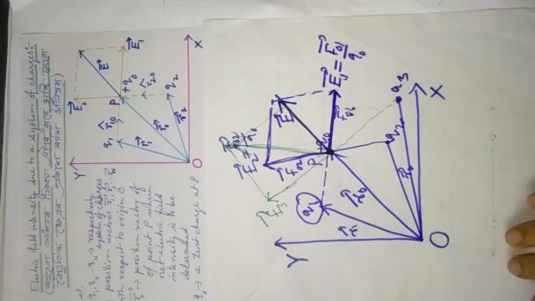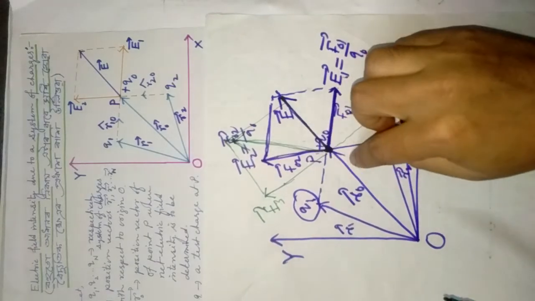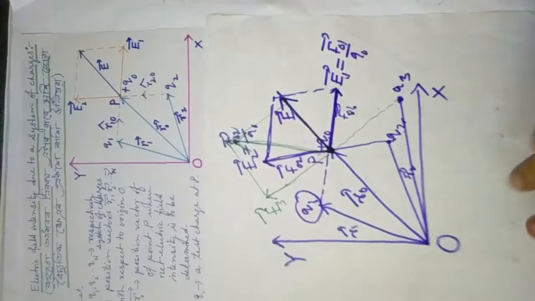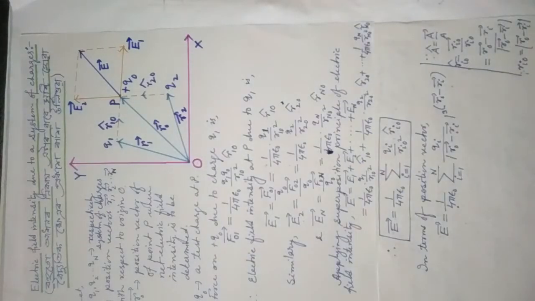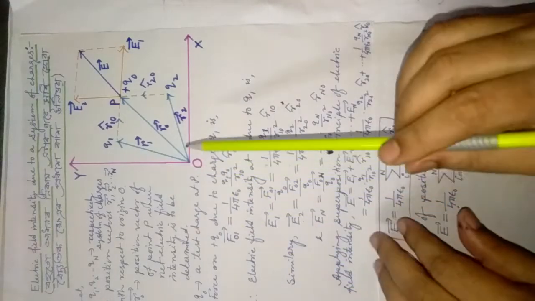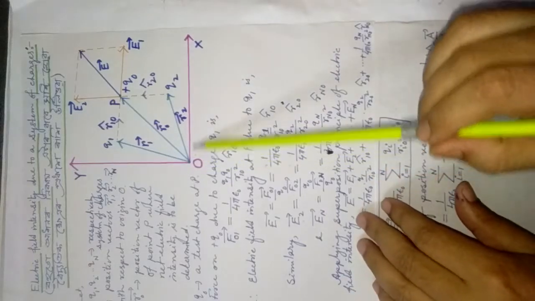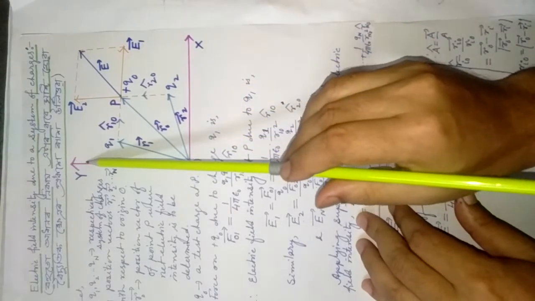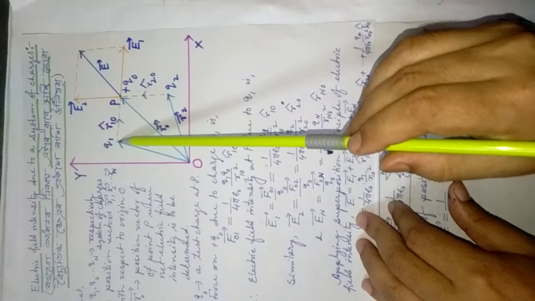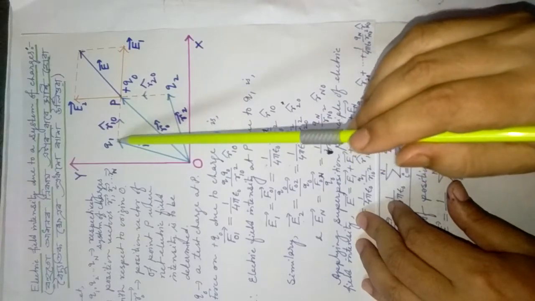Now see here, I am going to make this diagram simpler, because in the exam if you draw this type of complicated diagram, you may get confused. See here, for exam purposes only I have made this note. Suppose this is the x-axis and this is the y-axis, and for simplicity I have taken two charges, Q1 and Q2.